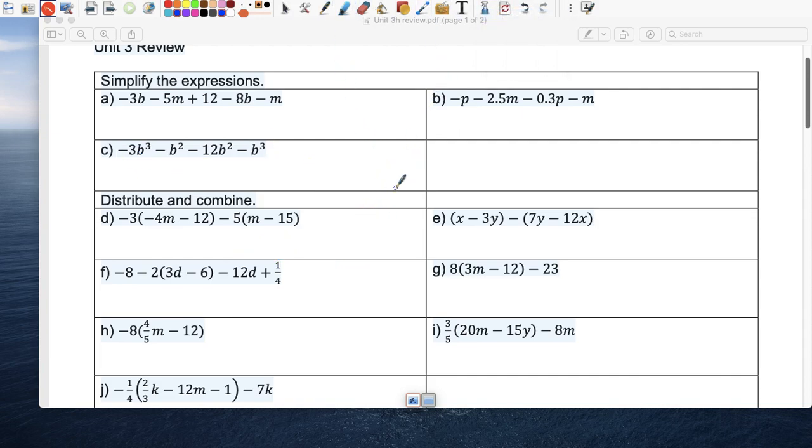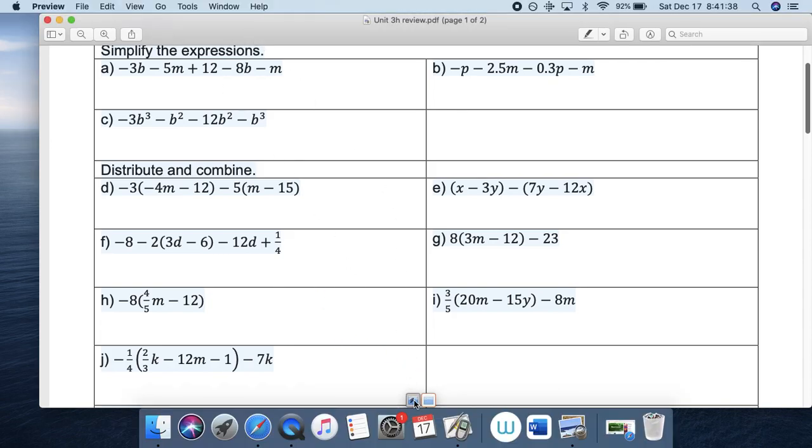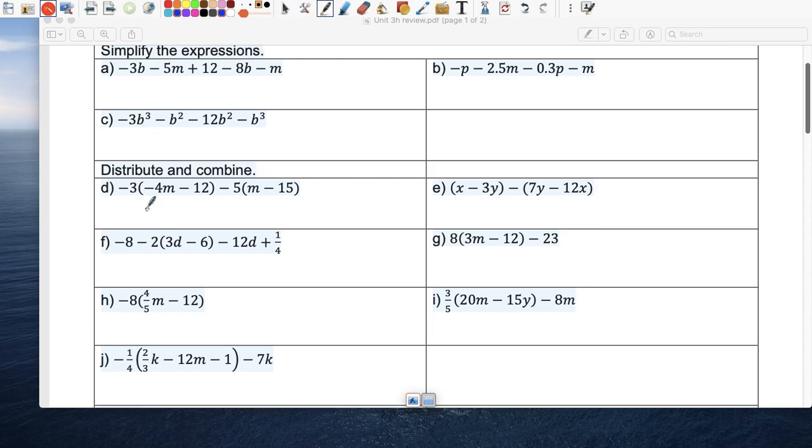Distribute and combine. Okay, so again, you notice the simplicity of these questions, right? I won't say anymore. Negative 12m. Please make sure that you